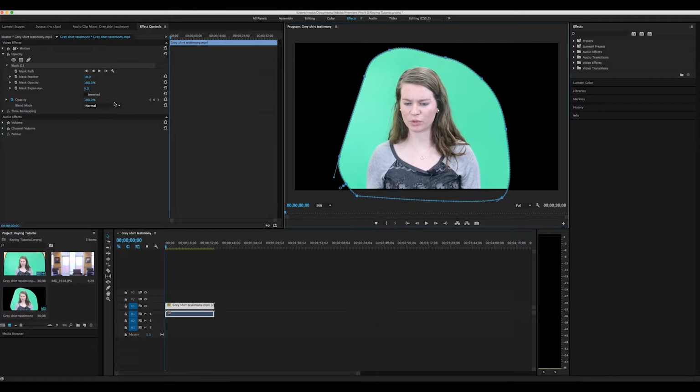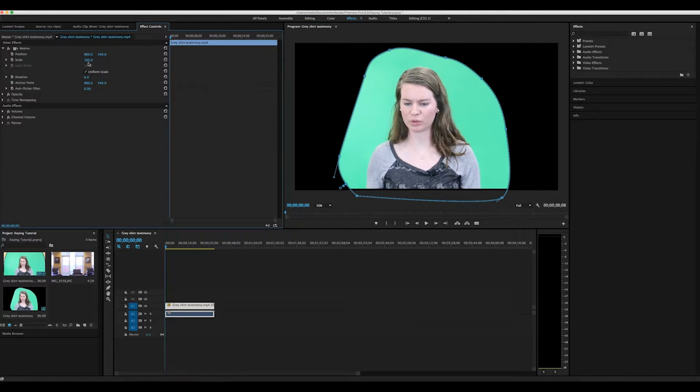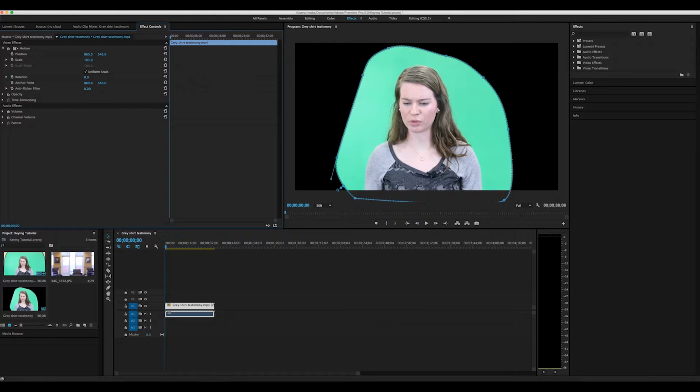There you go. The other thing you'll notice is there's a little black bar at the bottom, and this is because the scale of our footage doesn't actually match up to the scale of our composition. This can easily be fixed by going into the Motion tab and scaling up. In this case, we'll need to scale to about 103 to make sure everything's to the edge. Once this is done, we can now begin our keying process.